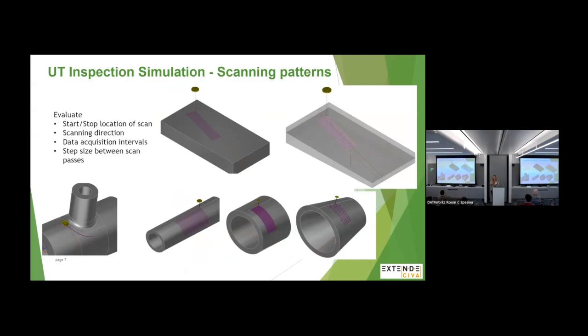So in UT, you have to overlap your probe to make sure you have good coverage. And so here you may be able to simulate different scanning steps to see if you can still get good coverage with shorter or bigger increments, therefore decreasing the time that your inspectors have to inspect. This is super helpful when we get into submarines and aircraft carriers where these welds we're inspecting are just ginormous. And with pressure vessels, you have to do 100% UT, and that takes multiple days, especially with the older technologies